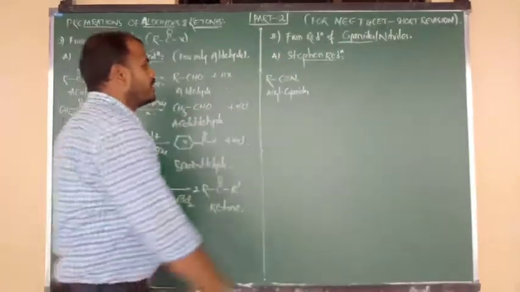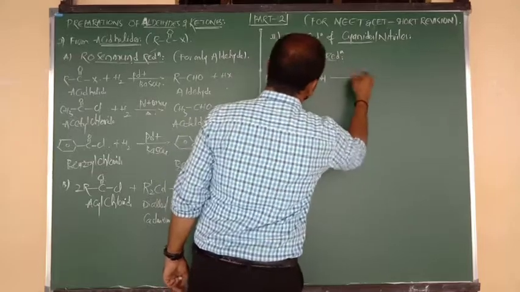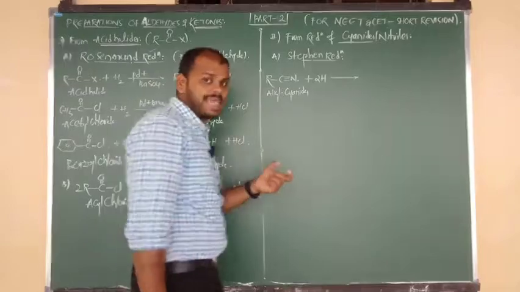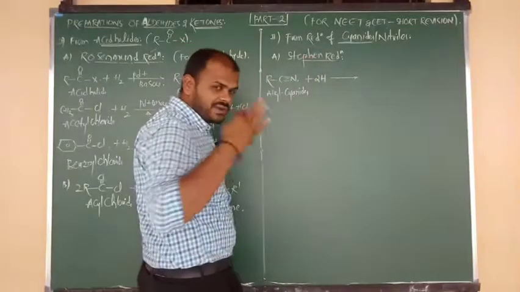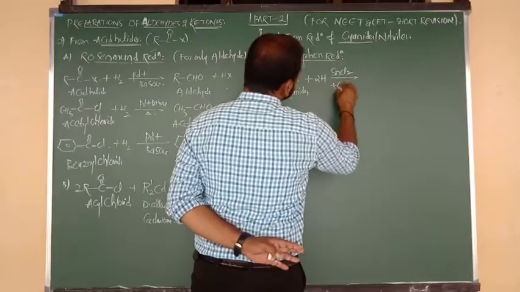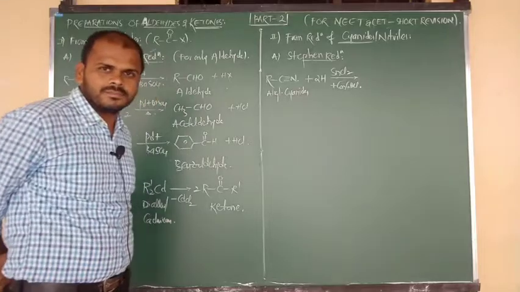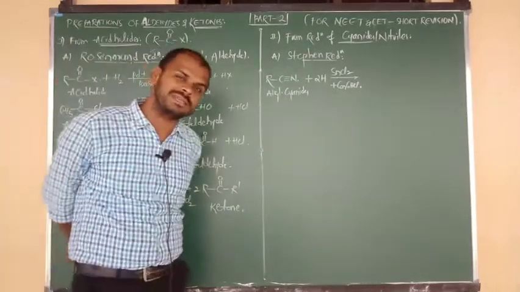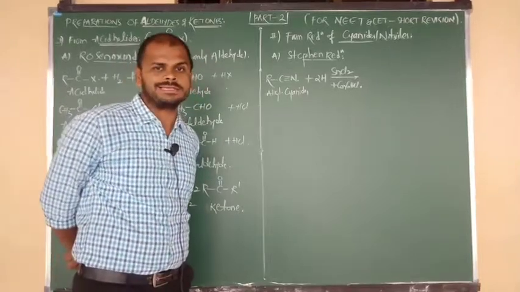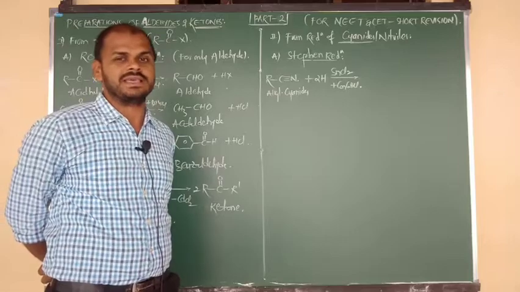You know very well, cyanides upon reduction, that is, addition of hydrogen, I am going to add 2 hydrogens here. Addition of hydrogen takes place by using the Stephen reducing agent. So what is the formula of the Stephen reducing agent? SnCl2 plus concentrated HCl. Stannous chloride plus concentrated hydrochloric acid, such a mixture is known as the Stephen reducing agent.